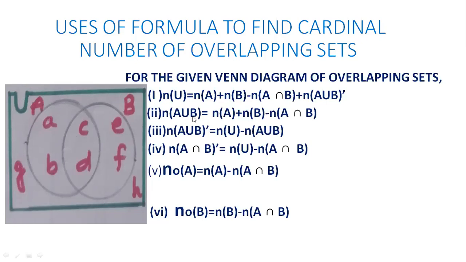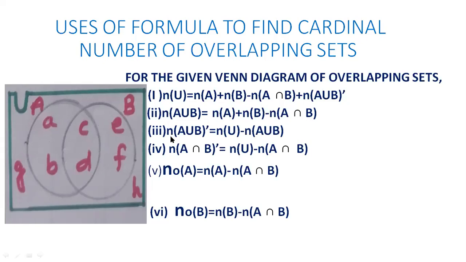Yes, sir. Now, how to find n(A union B)? Look here. n(A union B) means n(A) plus n(B) minus n(A intersection B). Let's check here. n(A), what will be here? n(A) is 4, right? n(B) is 4. And minus n(A intersection B), you write 2. 4 plus 4, 8. 8 minus 2, 6. That's why n(A union B) will be 6 here. Are there 6 elements in A union B? Yes, sir. Good. Very good. Like this, we have to use this formula.